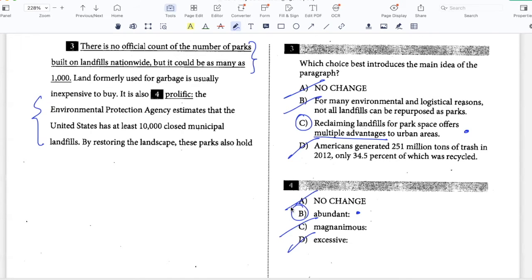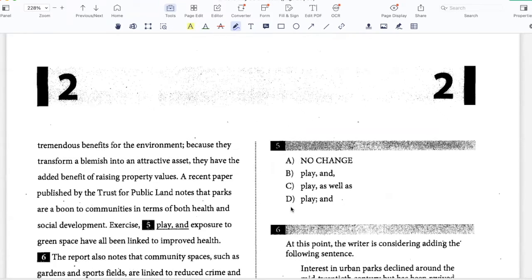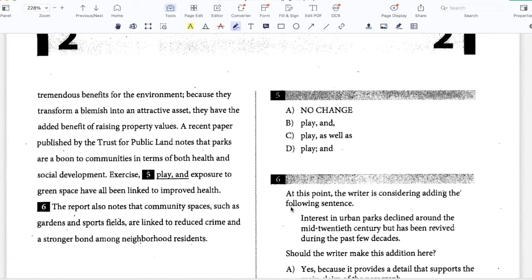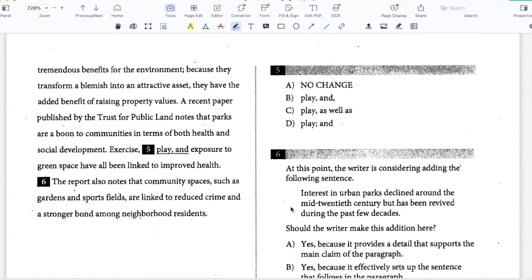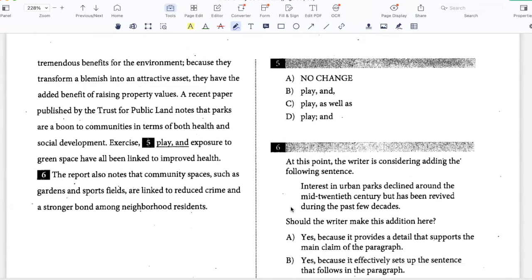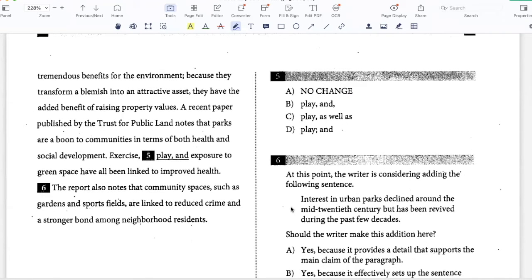By restoring the landscape, these parks also hold tremendous benefits for the environment because they transform a blemish into an attractive asset. They have the added benefit of raising property values. A recent paper published by the Trust for Public Land notes that parks are a boon to communities in terms of both health and social development. Exercise, play, and exposure to green space have all been linked to improved health. Okay, so here I'm speaking of three things and I'm joining them with commas: exercise, play, and exposure to green